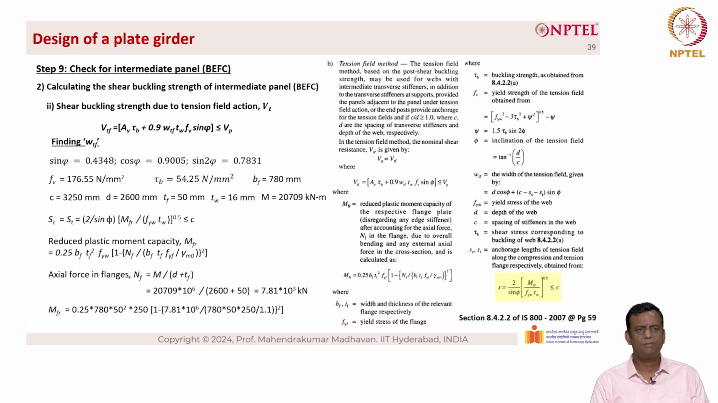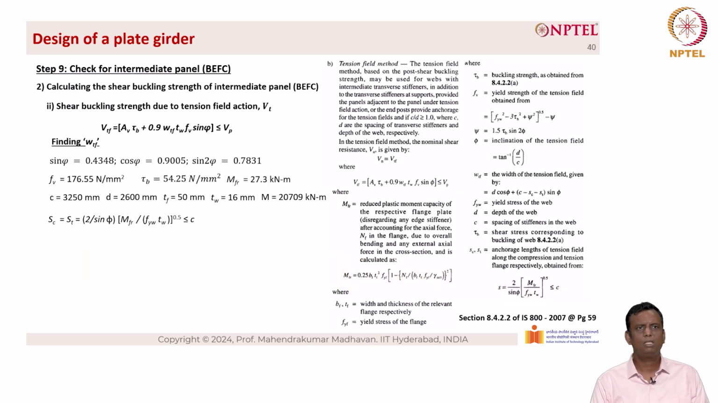Now MFR is given as 0.25 into 780 into 50 square into 250 into (1 minus (7.81 into 10 power 6 divided by 780 into 50 into 250 divided by 1.1) the whole square). The value of MFR is now given as 27.3 kilonewton meter. Now we got the value of MFR. Substituting the above values into S sub C or S sub T, we have